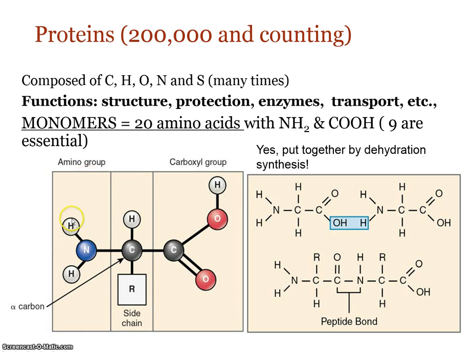So here, same as we had with the monosaccharides and the fatty acids, when we put together the monomers, this time amino acids, it's by dehydration synthesis. So a water is removed, and we use this term peptide bond between them, and this is a dipeptide, but really it's just showing that in these anabolic or synthesis reactions, it's occurring by similar mechanisms.